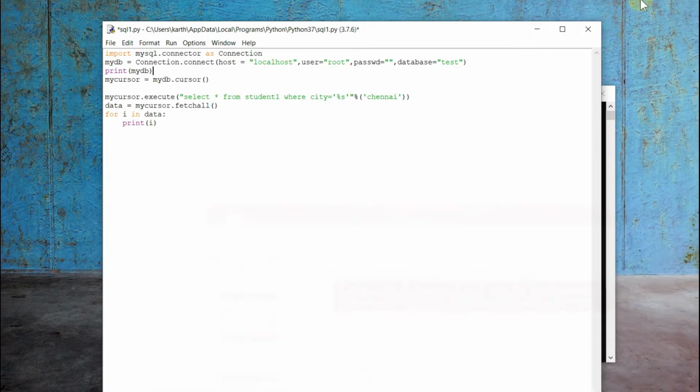The next step after that is, from the connector object, we need to invoke the cursor function. This cursor function is going to return us with the cursor object. This is the object with which we are going to execute the query. We are going to fetch the details from the database, and everything will be done using this cursor object only from this point onwards. So my cursor dot execute,